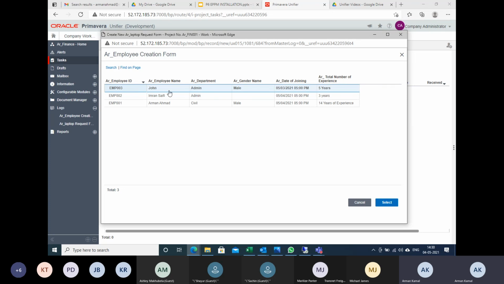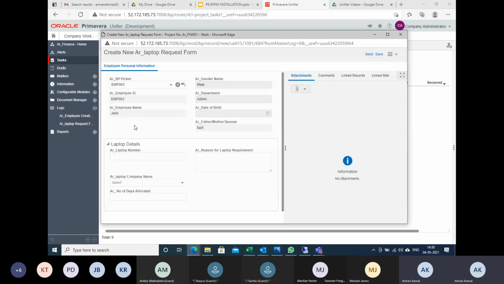I am raising a request on behalf of my employee because he doesn't know how to raise a request or something. So let me pick one employee, John. John, I am going to raise a request. So automatically, see this field is being filled automatically. So how is it being filled? It is being filled automatically with the help of auto populate and BP picker functionality. So let me put some numbers. I'll select, this time I'm using HP.